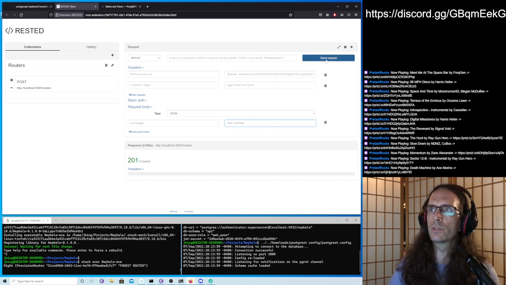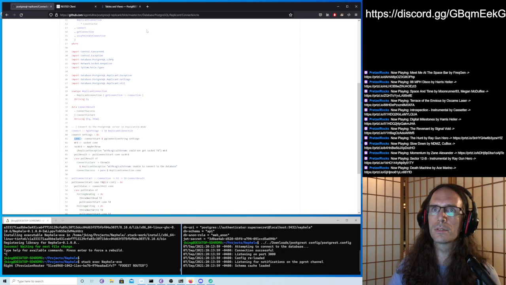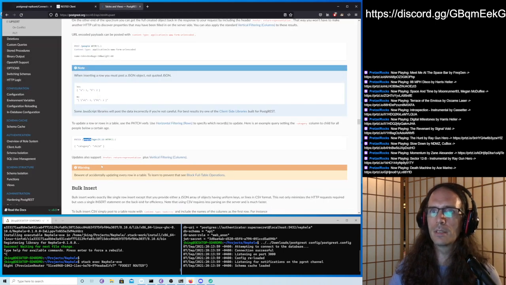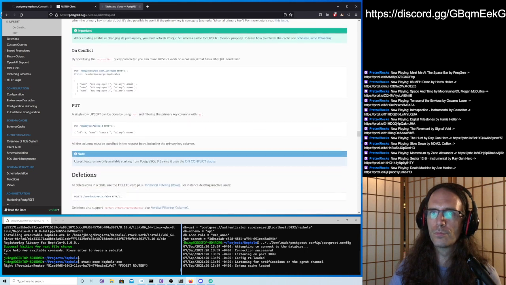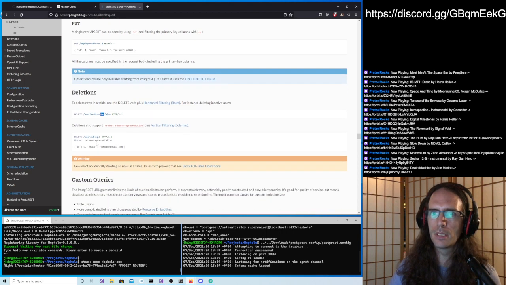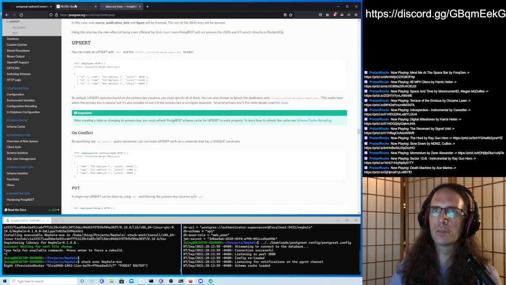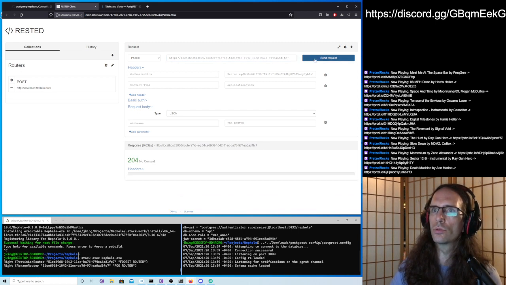So let's try that. We got a bad request. I couldn't figure out the filter for that. So that's just a PostgREST thing. How do we specify? Is it eq dot something? Okay, it might be like, yeah, like eq dot. Okay, so you got to specify an op, like this kind of operator type thing. Eq dot. Let's try that. There we go.